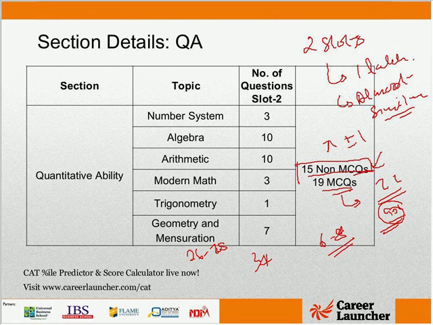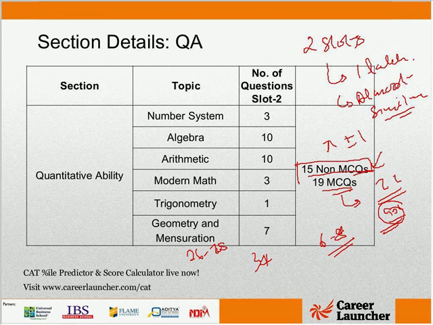I'll hand over the mic now. So let's see a couple of questions here, if there are any specific questions that we have. Some of them got repeated: the circle with two chords, distance one. As GP was pointing out, there were a couple of questions that you might have seen that had been repeated from previous CAT questions. Okay, so I just want to see if there are any particular Q&A.